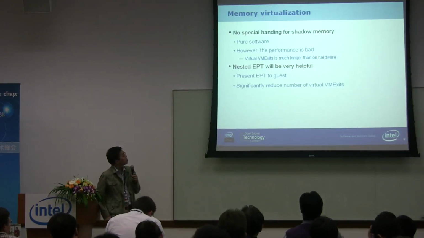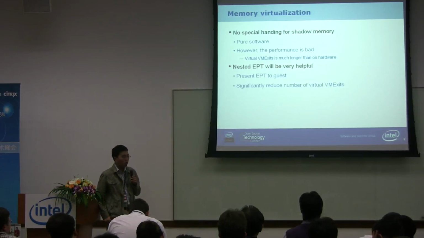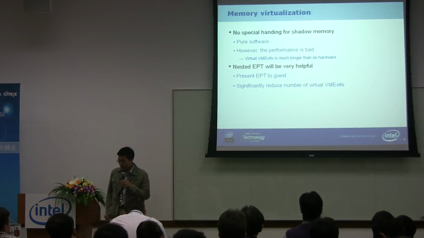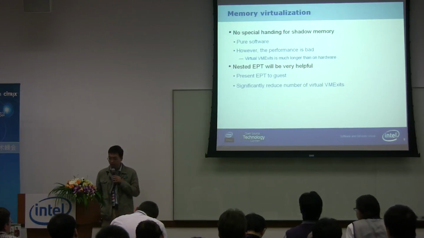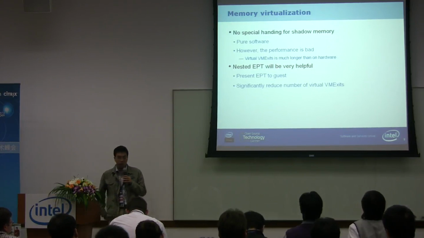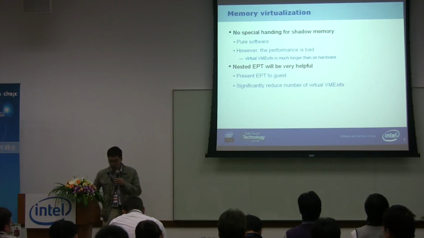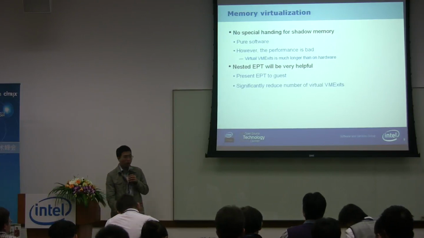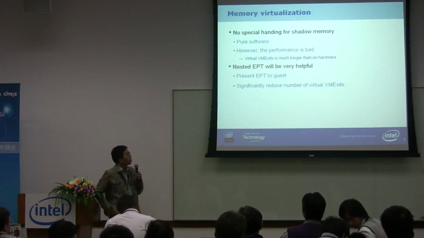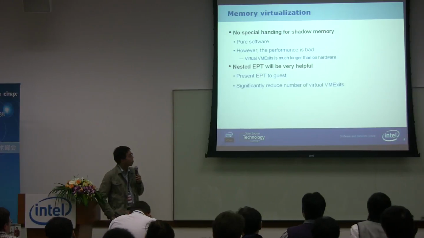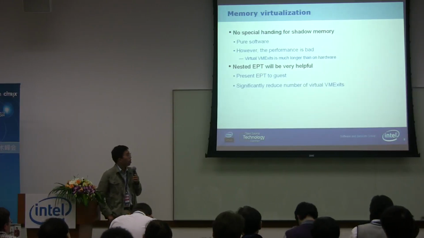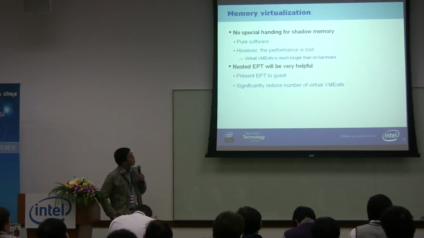In nested virtualization, these are virtual VM exits. But virtual VM exits are very, very slow because they go to the base level VMM, and it takes quite a long time. Nested EPT will be very helpful here, since nested EPT greatly reduces the number of virtual VM exits. The nested EPT's